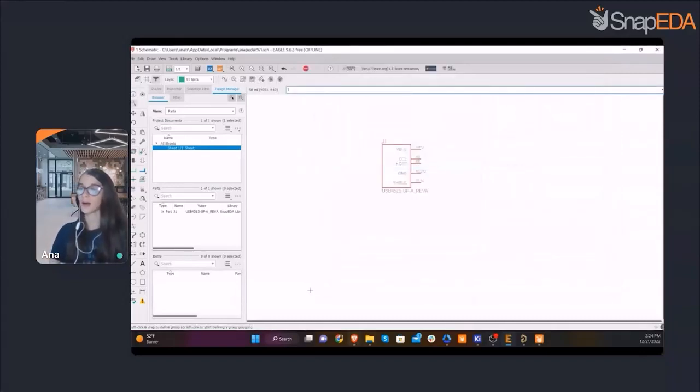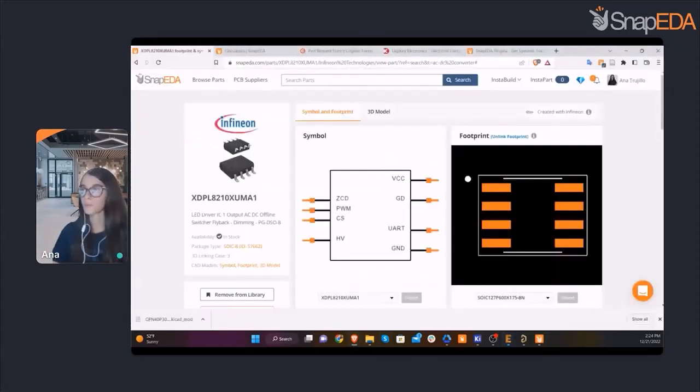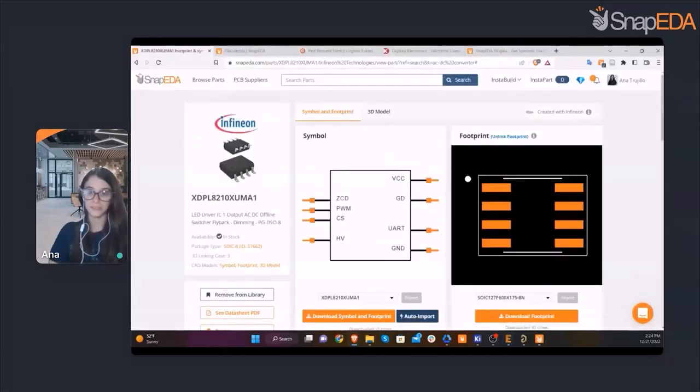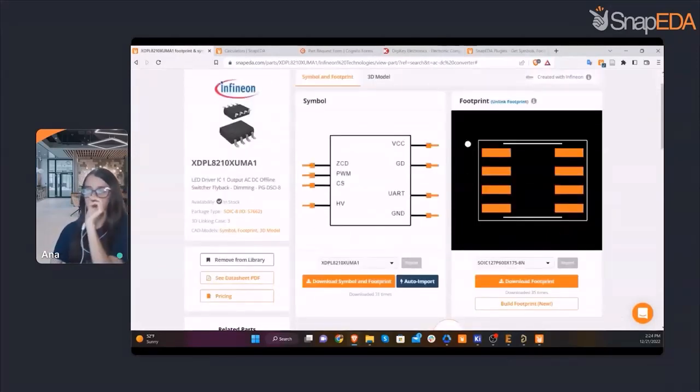Now, another thing that you can do, so this is the base thing that you can do directly within the desktop app. But the desktop app also opens you other alternatives. One of them is the auto import. I don't know if any of you have noticed this little blue button that we have on the part page, and some people wonder, what is that? Well, the auto import works with the Snap38 desktop app. It's kind of a bridge to import parts directly into your tool.